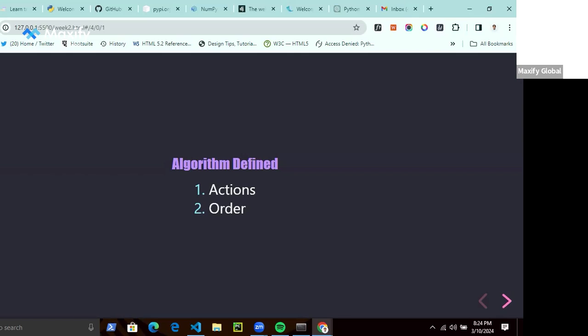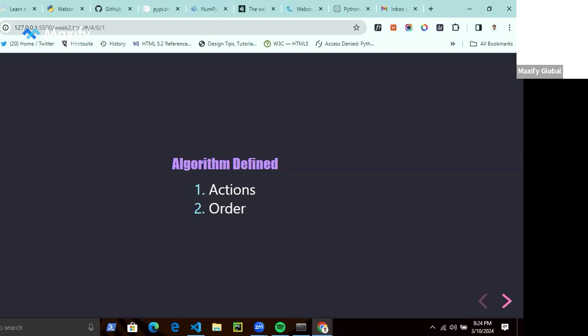So when you want to write programs, you first of all need to understand the problem you're trying to solve. And in trying to understand the problem, you will have a goal in mind. That goal enables you to write down each of the steps, the step-by-step actions you need to take, and the order in which you need to take those actions in order to solve that programming challenge.